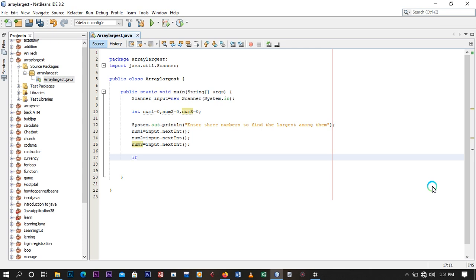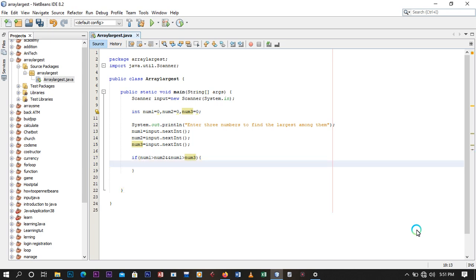Okay, so if we're using the first one, number 1 first. If number 1 is greater than number 2, and number 1 again is greater than number 3. Okay. So if number 1 is the greatest among the numbers, what is the system supposed to do? The system should print out System.out.print.